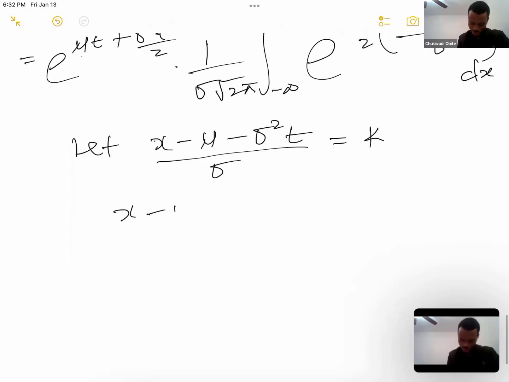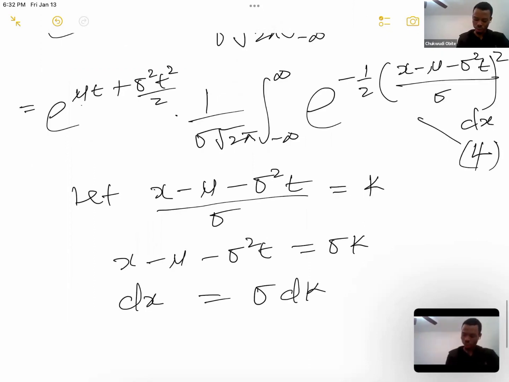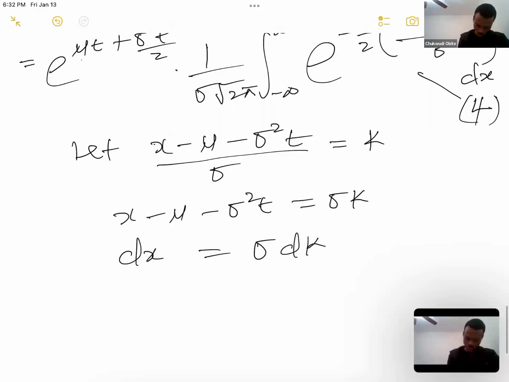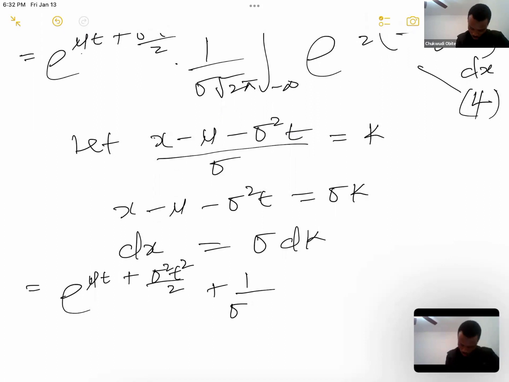Then x minus mu minus sigma squared t will be sigma k. The dx will become sigma dk. I'm calling this equation 4. So if I substitute into equation 4, I will have e to the mu t plus sigma squared t squared all over 2